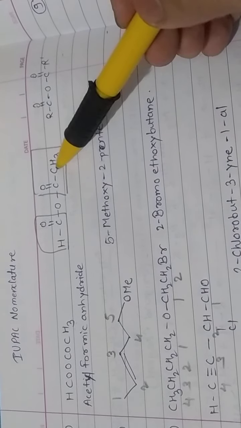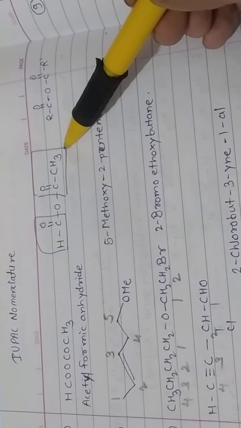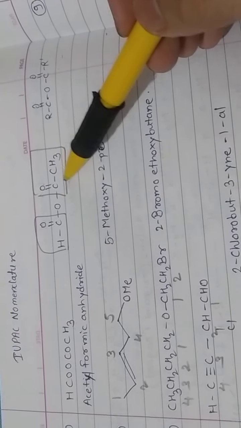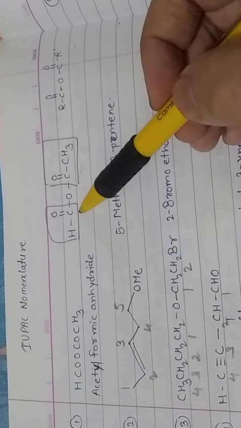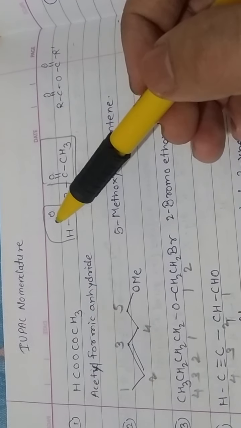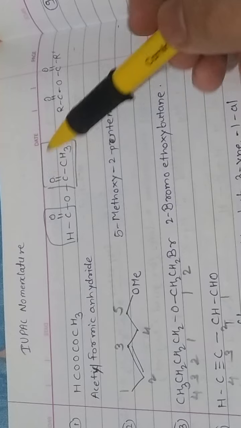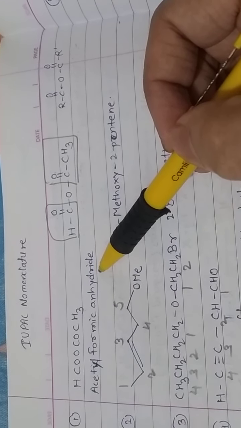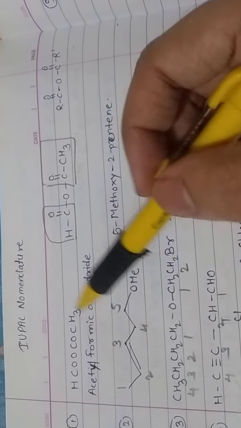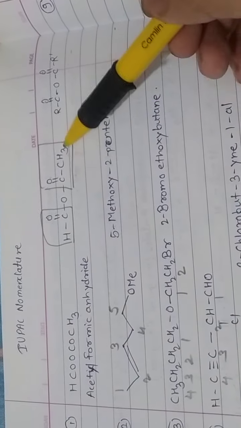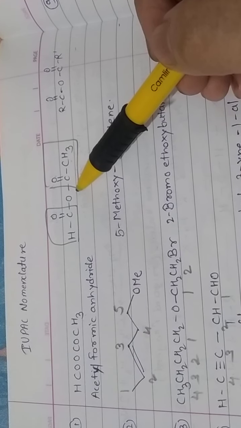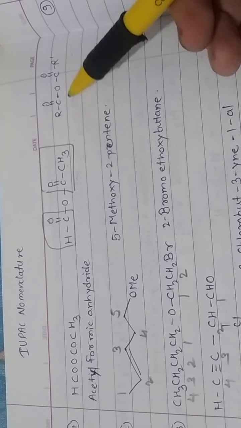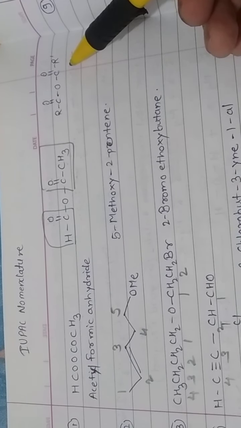So we name from the bigger thing, that is acetyl. So two carbons, therefore acetyl. COCH3 is acetyl, and this one aldehydic part is formyl. So formic we will write. So name will be acetyl formic anhydride. So this is the type of anhydride, and name will be acetyl formic anhydride. So you have to spread the structures, so you can say that it is an anhydride.